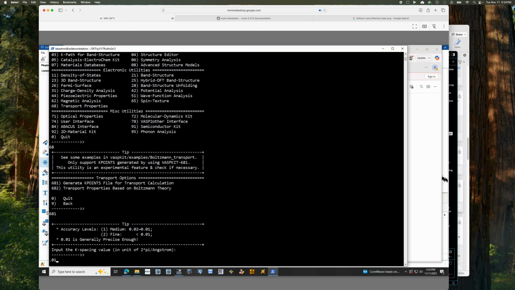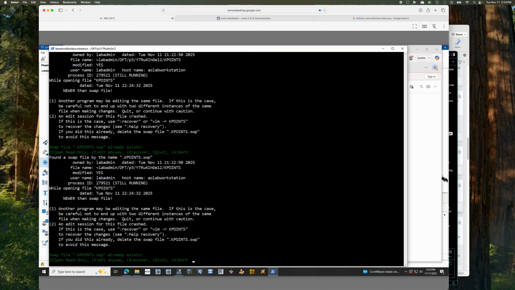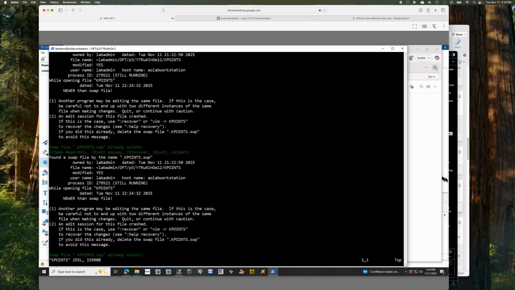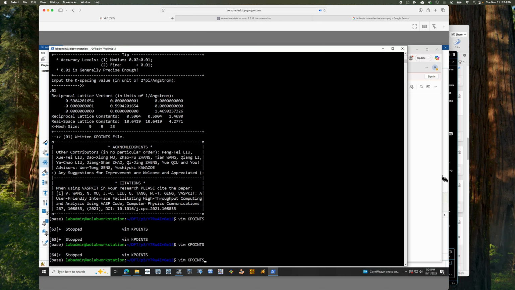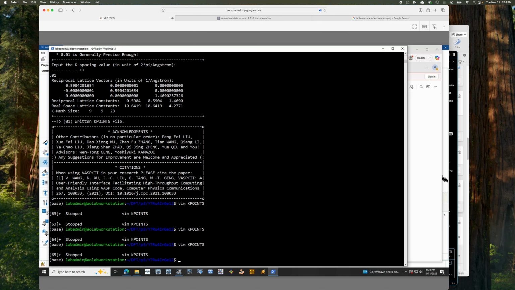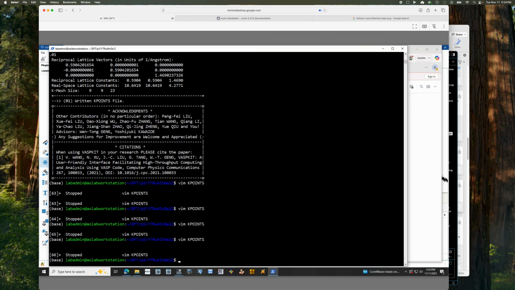Then you do the accuracy level 0.01. And if you want to look at the K points, it's just like this. Anyways, you won't see it with these. This is an error just because, it's a glitch, right? So once you get the K points,